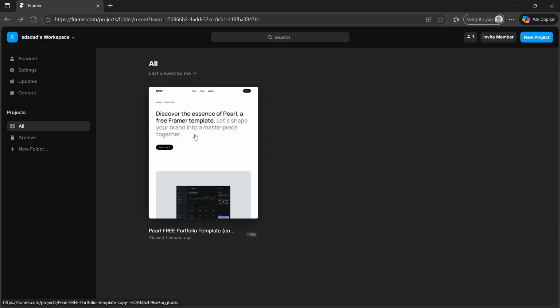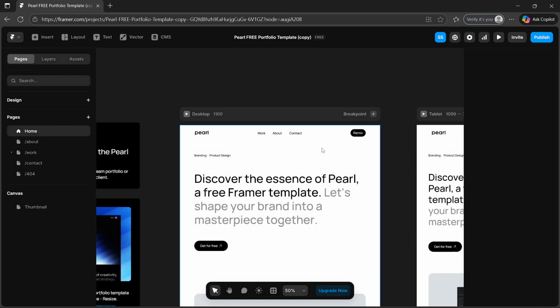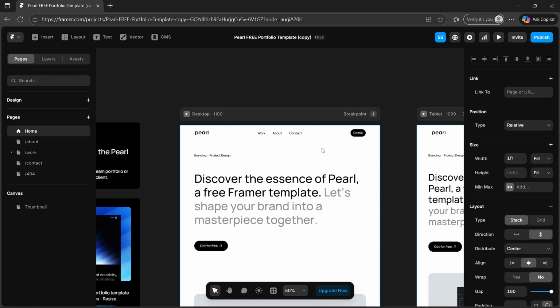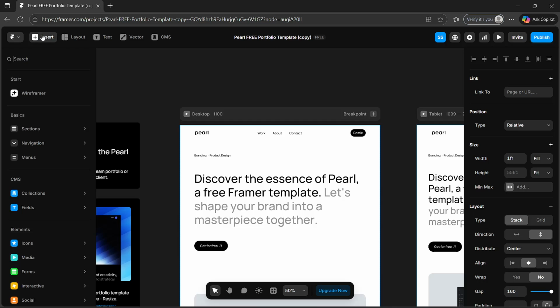So yeah, before starting, you have to make sure that you are logged into your Framer and that your project is open. So my project is right here, and let's just go ahead and click on that and wait for the project to load. And once you're in, you will just have to select your page, and then you will have to click this insert button right here,